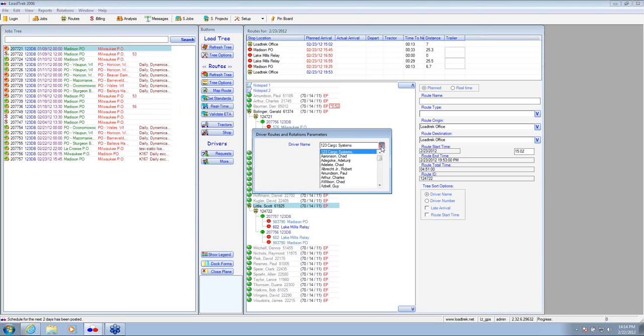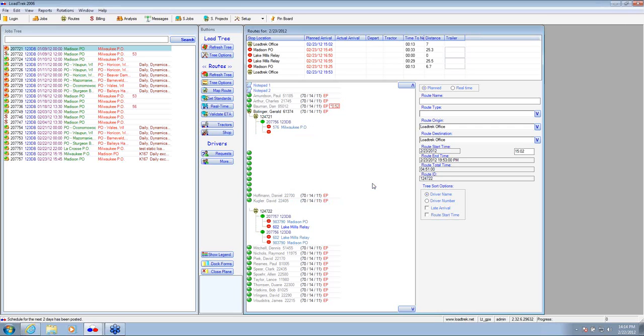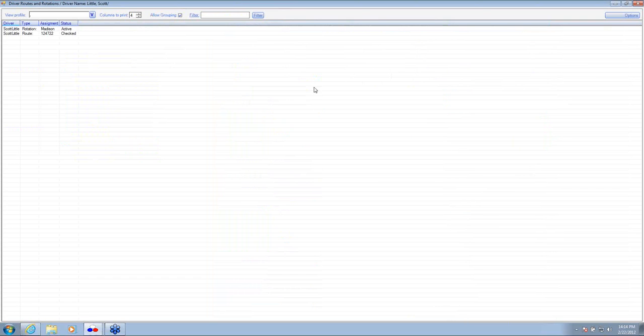So if you're interested in terminating a driver, and this may be new, some folks may not have seen this yet, pull up that driver first before you terminate and run this report, and the data view will let you know that Mr. Little is currently part of an active rotation called Madison, and the rotation's active. And he's also been assigned a route 124722, and it's been checked, meaning that it's been reviewed. And so if he had been assigned to a bunch of routes later in the week, they would all show here